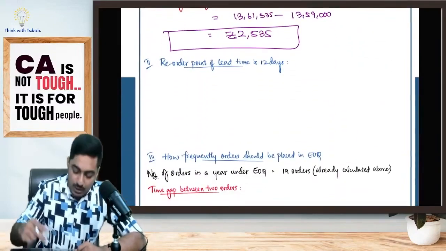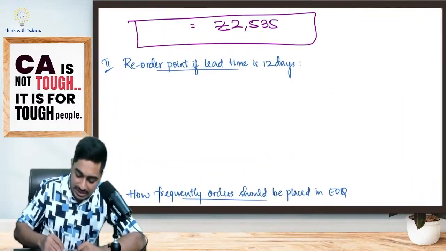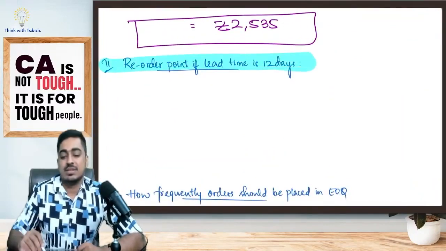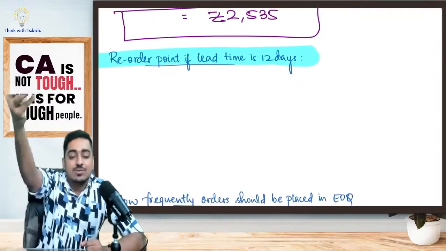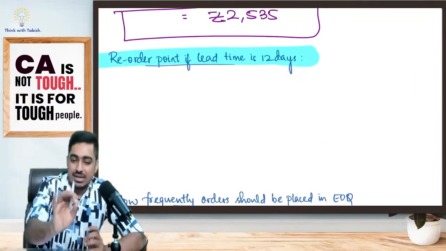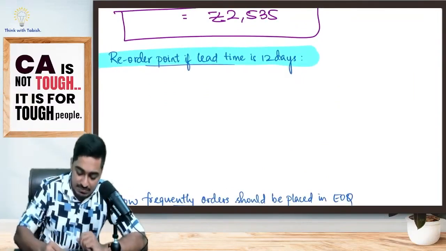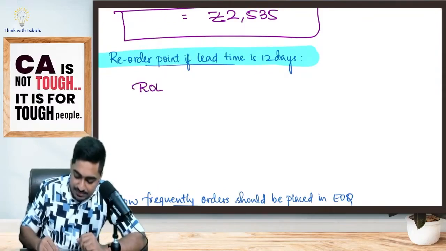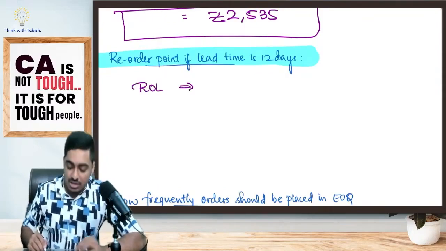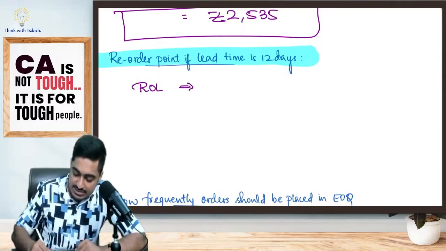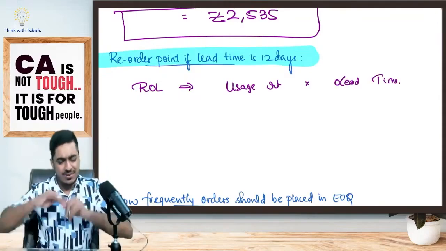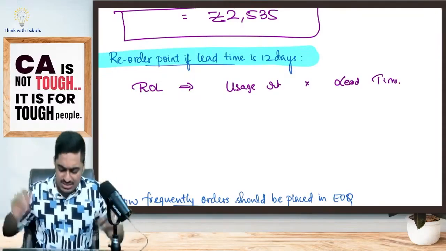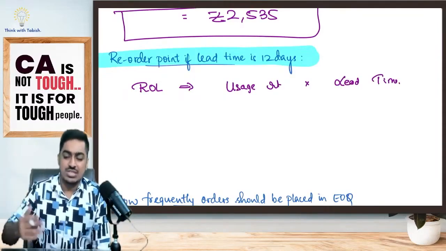Great. Now comes the second part. This concept I have not explained to you, but you would have learnt it previously. Because this is exam oriented, I am assuming you have at least listened to things. Just listen to this, I don't want to come back to this question again. We have something called a reorder level. The simple formula is usage rate into lead time. The full logic I will explain in detail later. Usage rate into lead time.